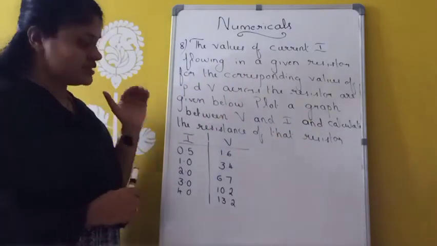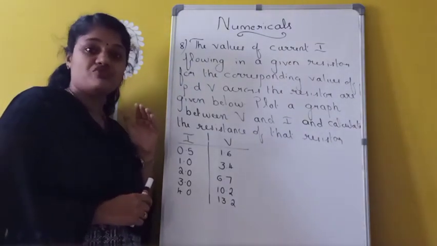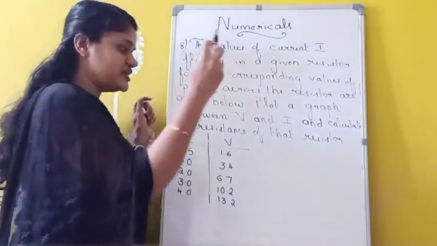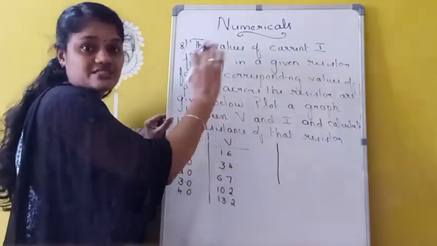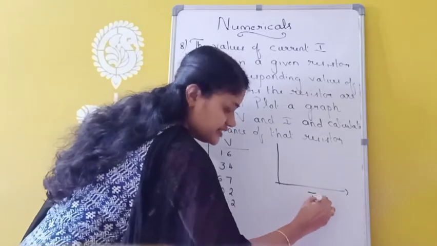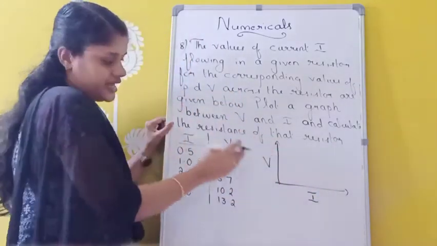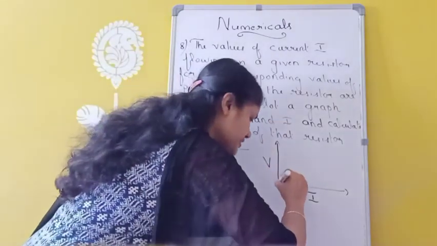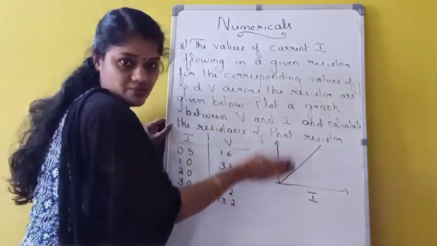Okay. Some days they will be asking to draw a rough graph. So what is the shape of the VI graph in the case of Ohm's law? Whenever we are drawing a VI graph, that is a potential difference current graph, the current we normally take on the X axis, and the potential difference we take on the Y axis. And whenever we are drawing a graph connecting V and I, the graph will be a straight line inclined to the X axis.